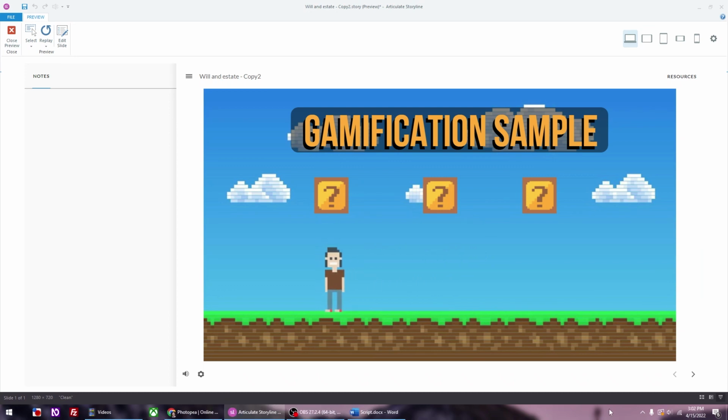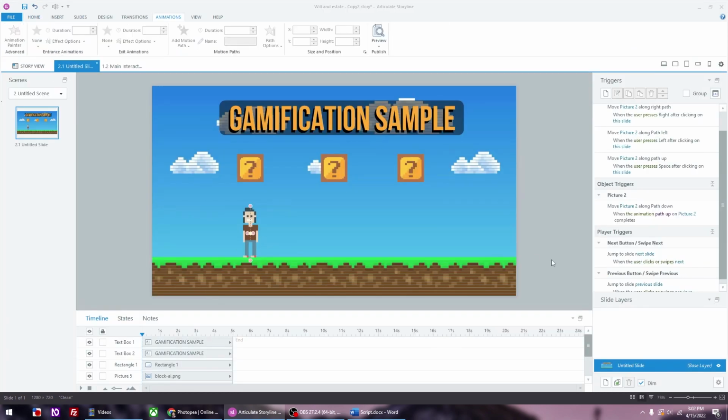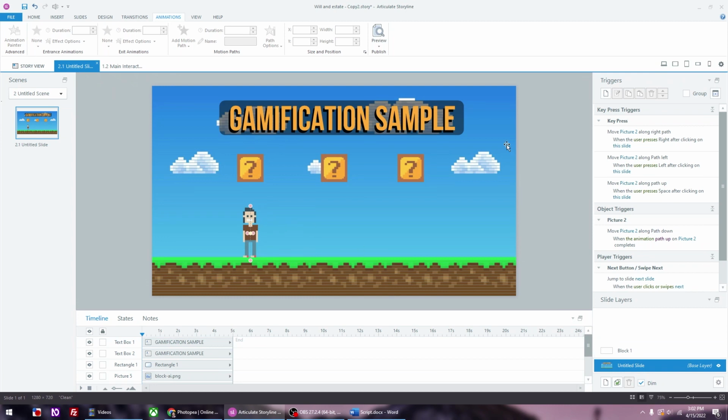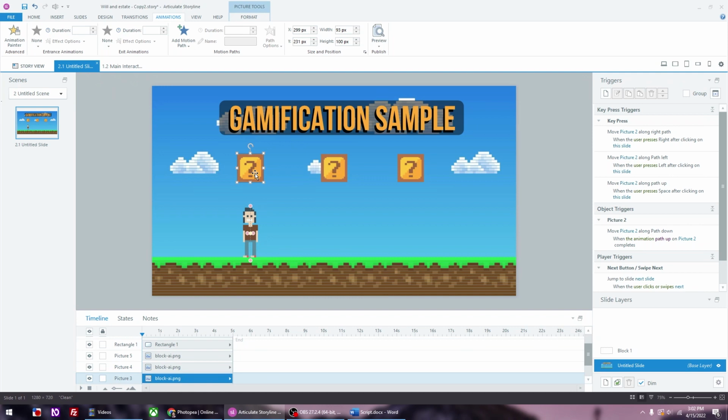The next thing we want to do is when the character moves and jumps, we want the block to turn gray, and we want a new layer to show up. This is where the interaction takes place. So first, let's create a layer. We'll call that block 1. And then let's just leave block 1 for now, and we won't do the other ones. And we need to create a trigger. So we're going to click on the block,